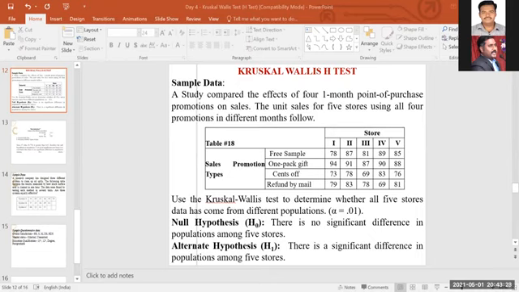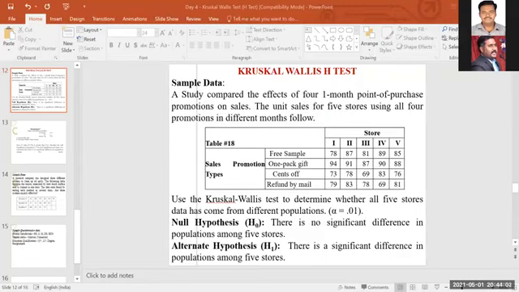In that situation, you cannot set the null hypothesis as there is no significant difference between the variables. You're dealing with only one variable. What you can say is, for the data they are mentioning, that the so-and-so variable is equal, or is not equal. There is no average value, or there is no equal value in so-and-so variable. There is an equal value, there is an average value in so-and-so variable. Like that, you have to set if you're dealing with one variable.